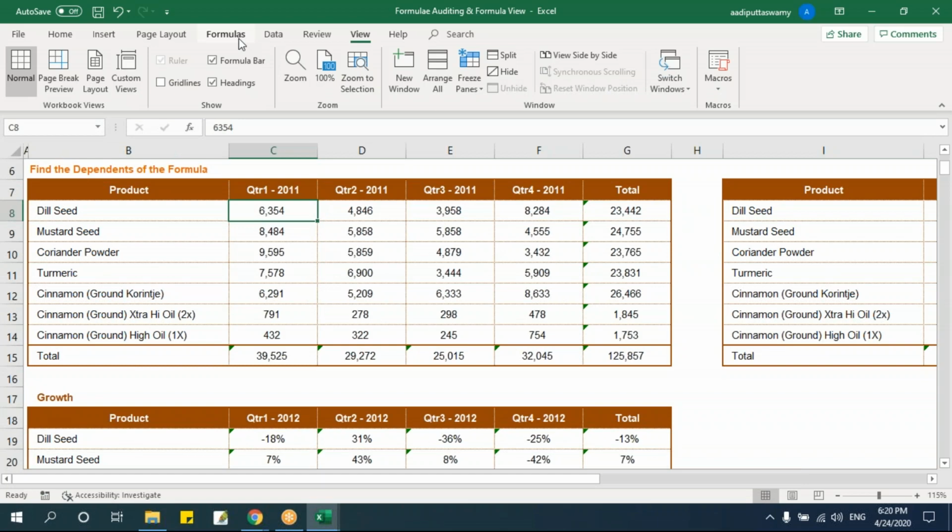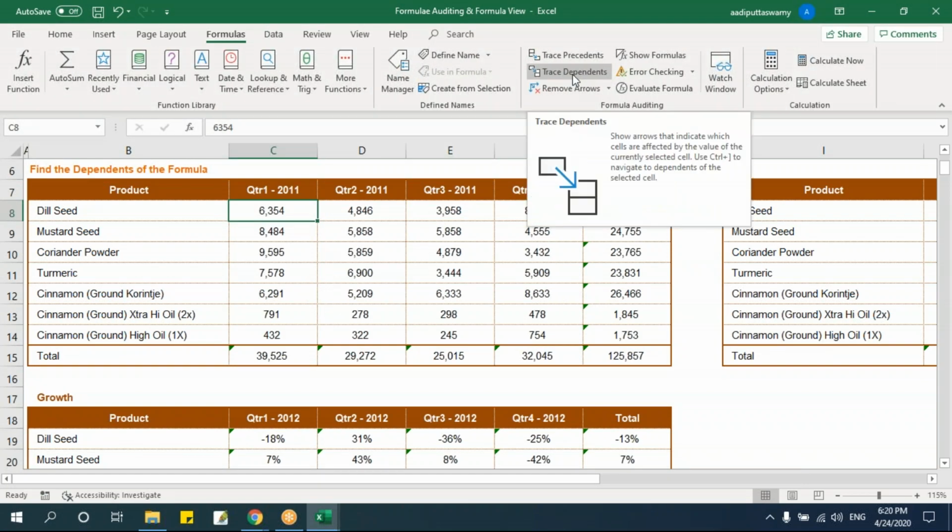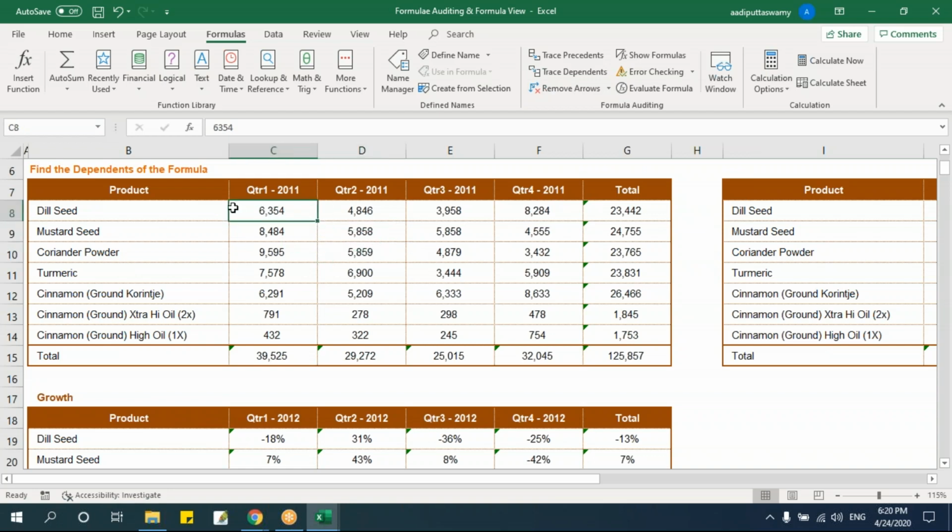So I'll go to Formulas and say trace dependents. When I say dependents, what will happen? What all cells are dependent on this particular cell? That will be shown. Say trace dependents. See, you can see the arrowhead here. This C8 is used here, it is used here, and also here.